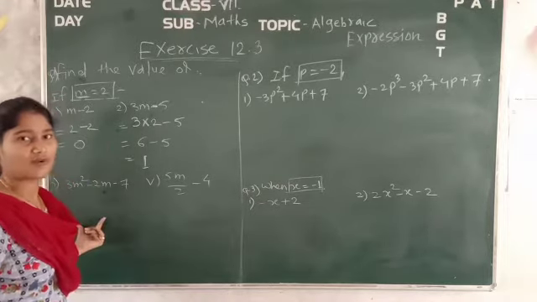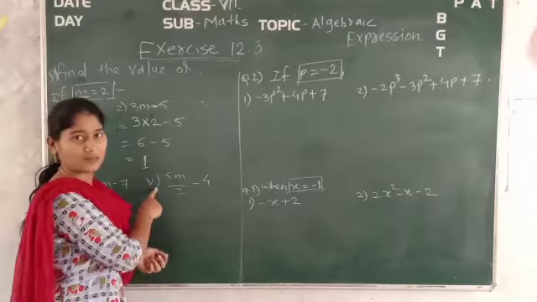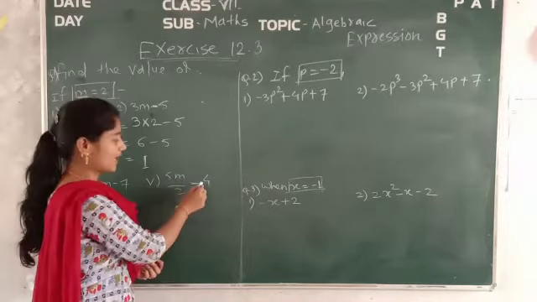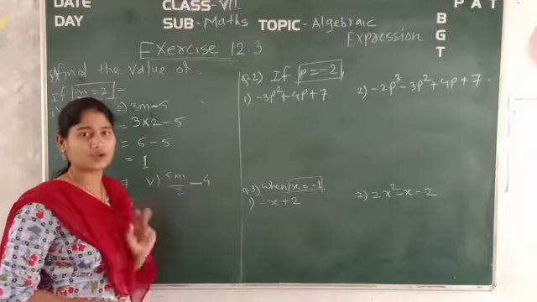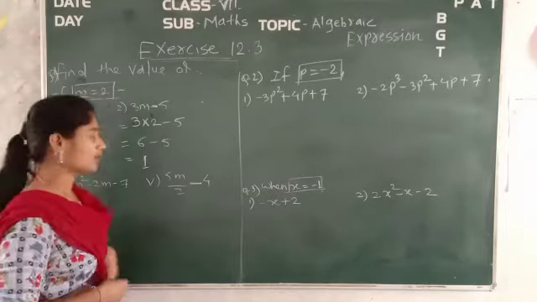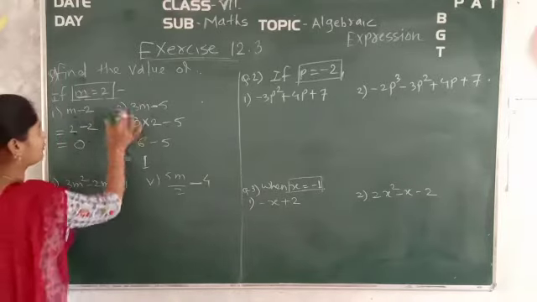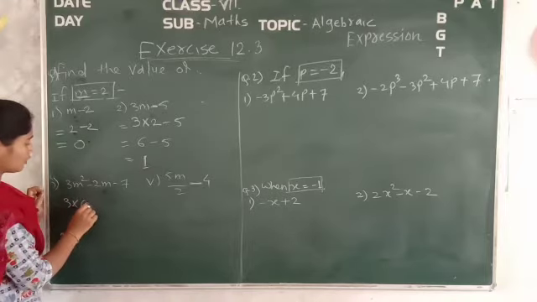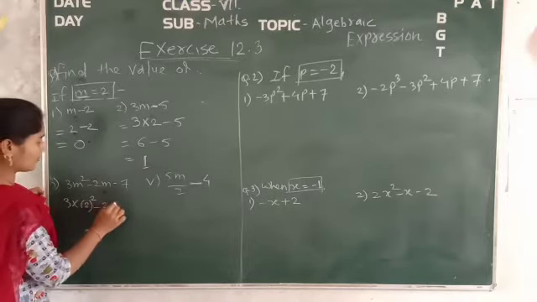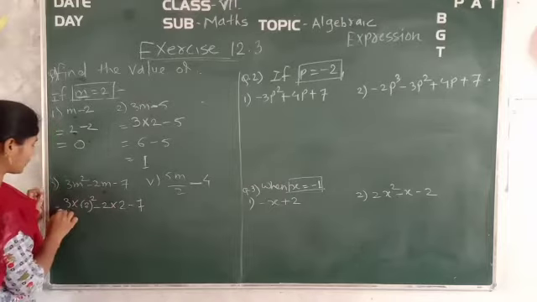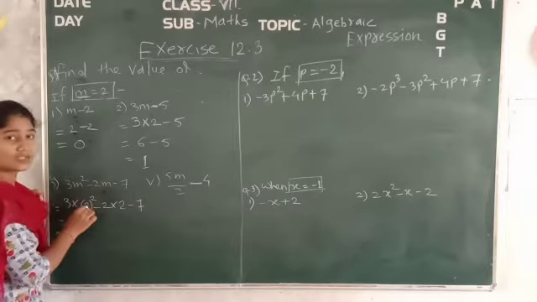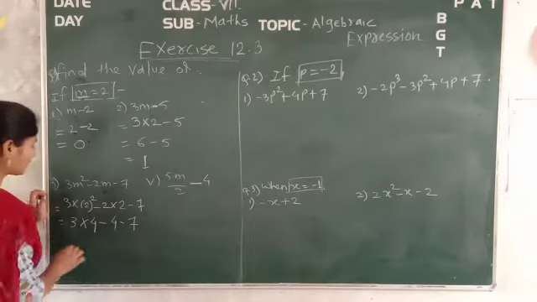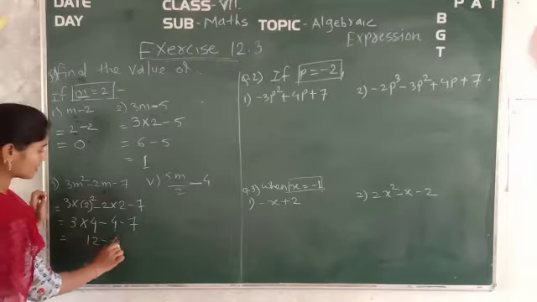In the same way you have to perform the remaining ones. Here, in many books the sign is not given between 5m by 2 and 4. So the sign is minus. Keep it in your book also if it is written. So put the value of m, that is m equal to 2, in the following expression, that is 3 into m squared minus 2 into m minus 7, with m as 2. Which is equal to 3 as it is, into the square of 2, which is 4, minus 2 into 2, minus 7. Finally, 4 times 3 is 12, 12 minus 4 minus 7.